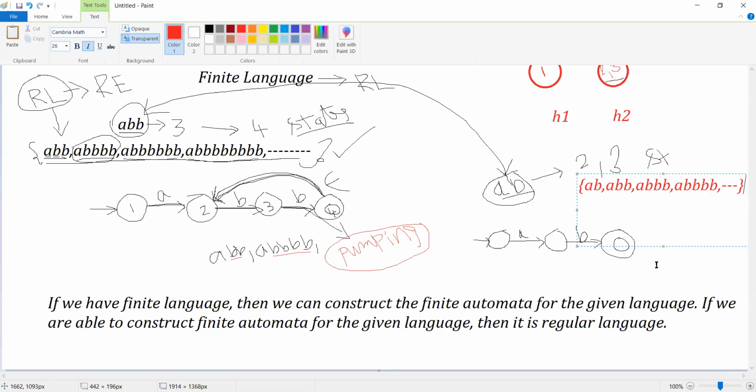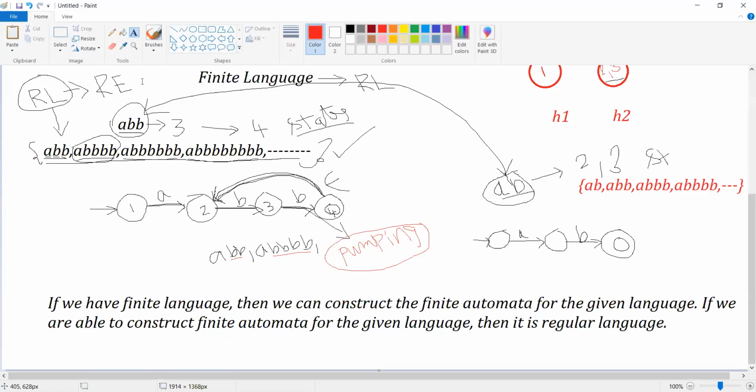Now I want to check whether this language is a regular language or not. For that, first I need to try to construct the finite automata, or we need to construct the regular expression. We try to construct the regular expression also.